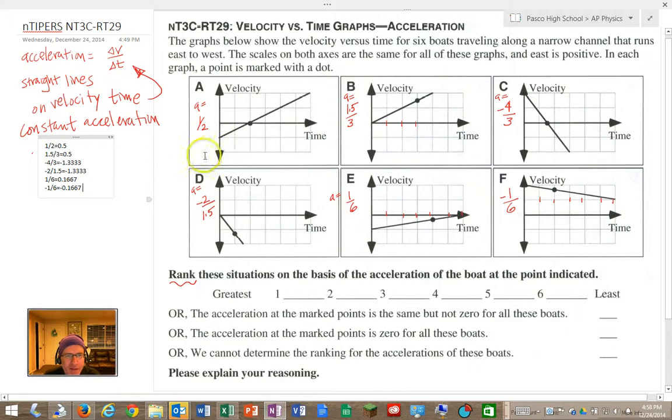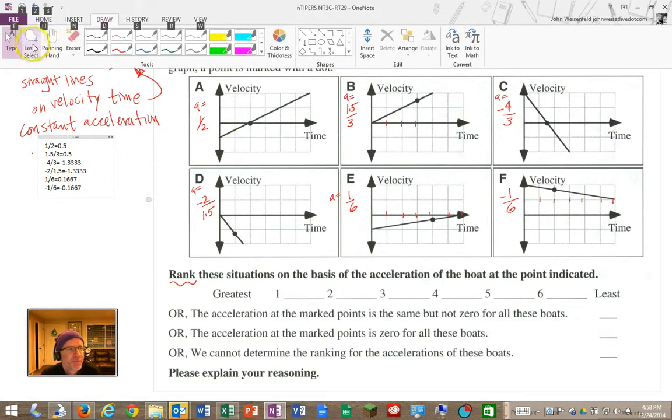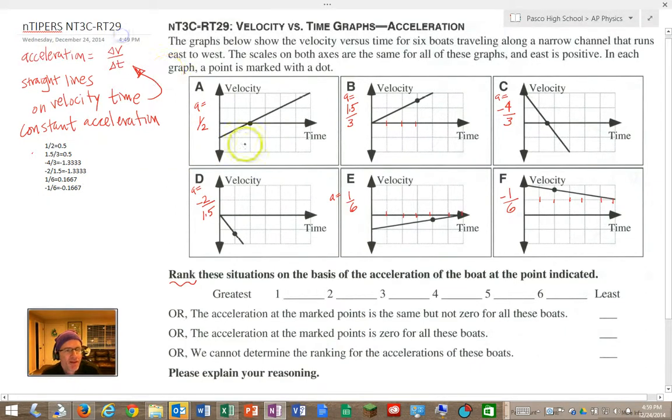The acceleration for A and B, A and B are the same. So if we were to say that A equals B is the greatest, then we would go to